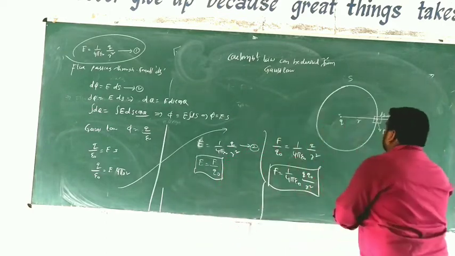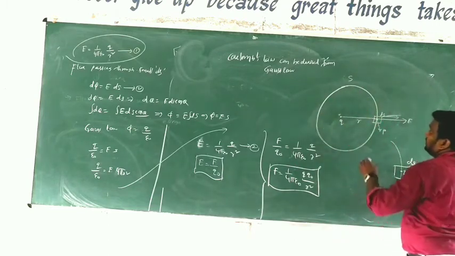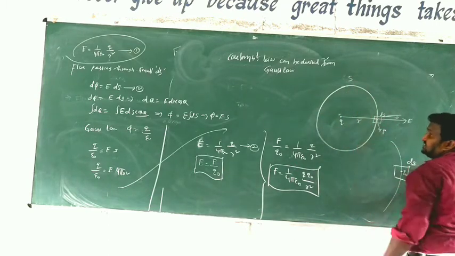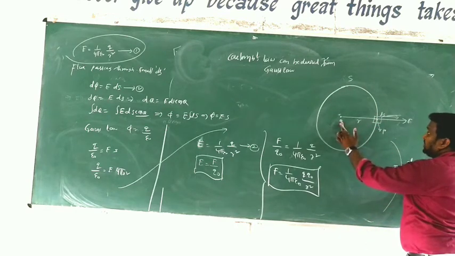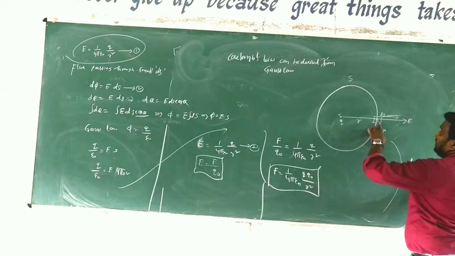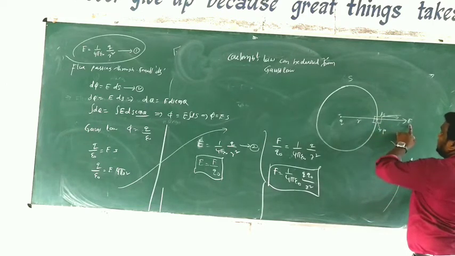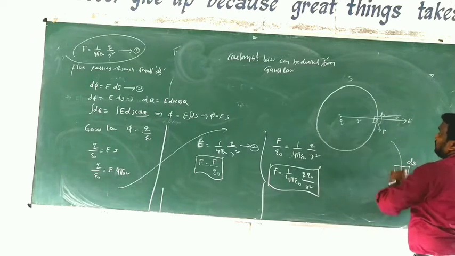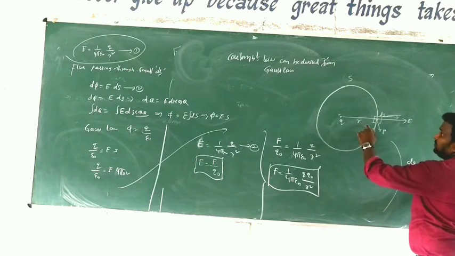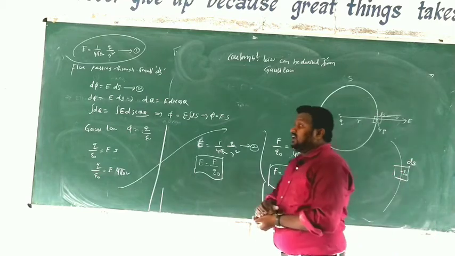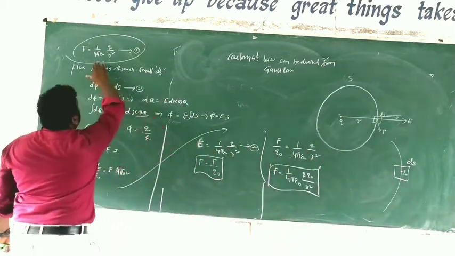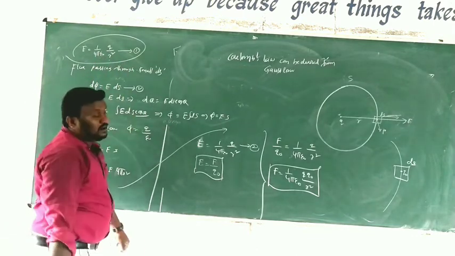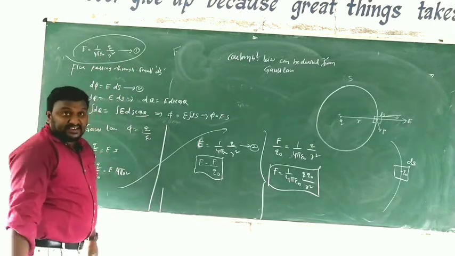We have taken a closed surface of area S, and it is a Gaussian surface, and in the middle there is charge q. Here we take a point P on ds, where E and ds are in the same direction, and P is at a distance r. Then the electric field intensity at that point is E equals 1 by 4 pi epsilon q by r square, equation number 1. Let us check whether it is right or wrong.